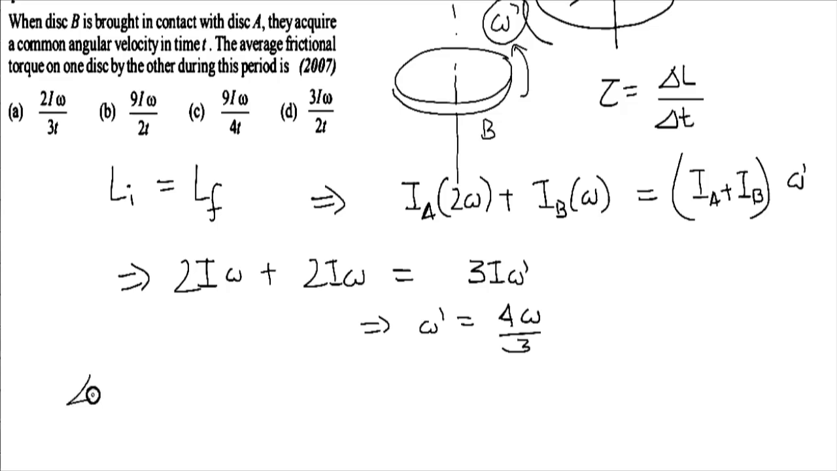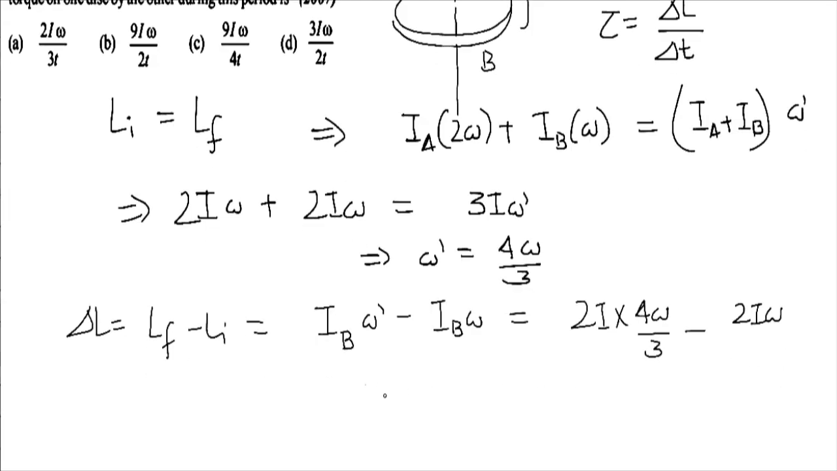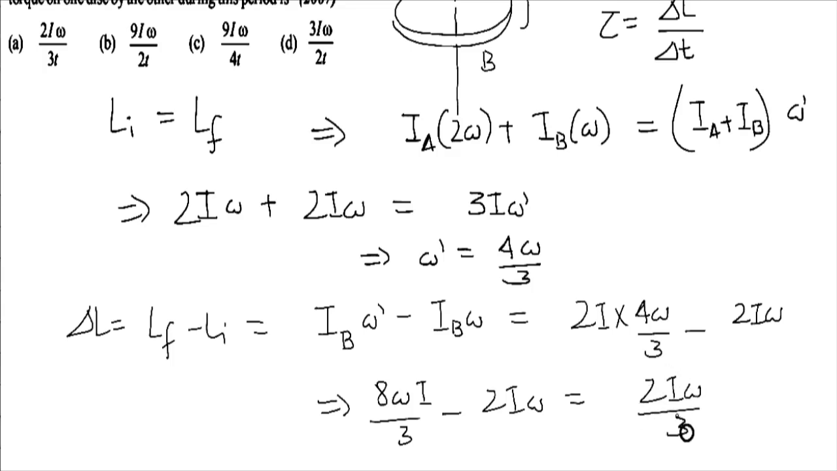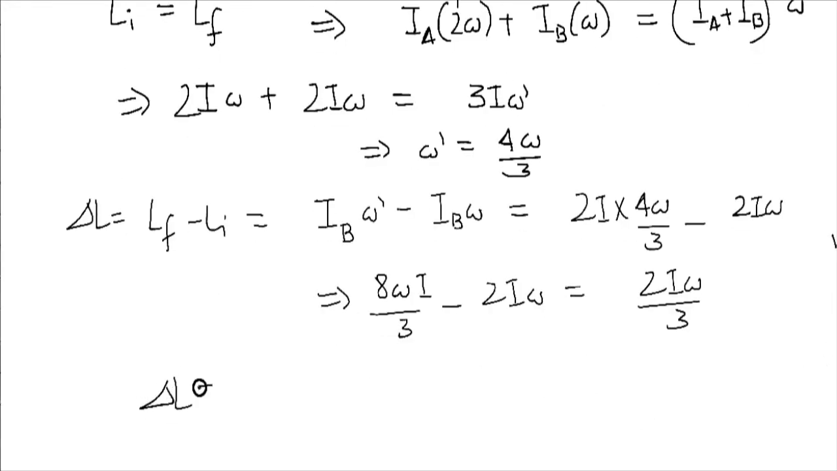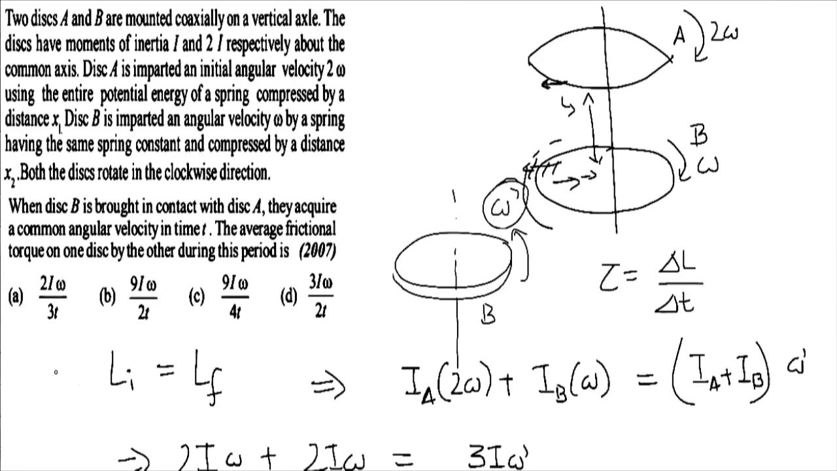तो एक पर्टिकुलर डिस्क के लिए चेंज इन एंगुलर मोमेंटम क्या हो जाएगा, डेल्टा L हो जाएगा L_f माइनस L_i, और L_f क्या हो जाएगा, सपोज B के लिए निकाल रहे हैं तो I_B ओमेगा डैश माइनस I_B ओमेगा, ये कितना था 2I इंटू 4 ओमेगा बाई 3 माइनस 2I इंटू ओमेगा। इससे वैल्यू क्या आ गई 8 ओमेगा I बाई 3 माइनस 2I ओमेगा। इससे क्या आ गई 2I ओमेगा बाई 3, यानी डेल्टा L हमारा कितना हो गया टाइम t में 2I ओमेगा बाई 3। और टॉर्क निकालना है तो डेल्टा L बाई डेल्टा t, और डेल्टा t दिया हुआ है तो आंसर हो गया हमारा 2I ओमेगा बाई 3t। तो ऑप्शन ए हमारा करेक्ट है।